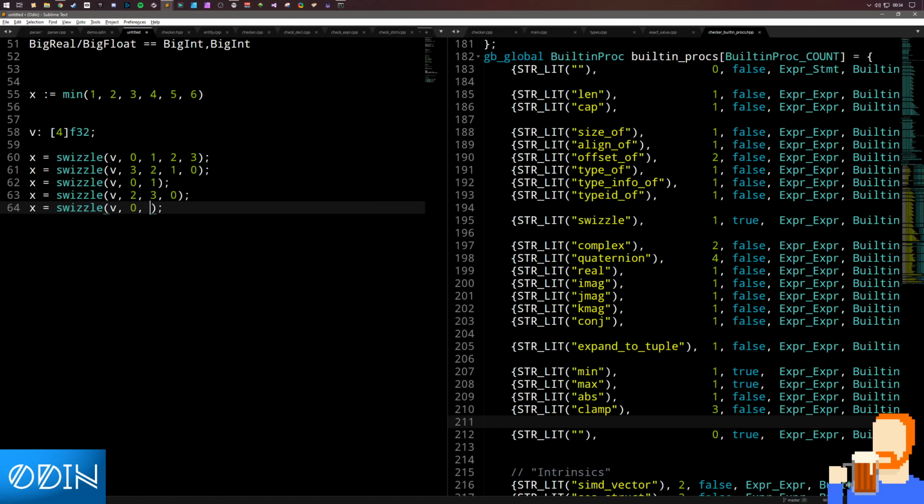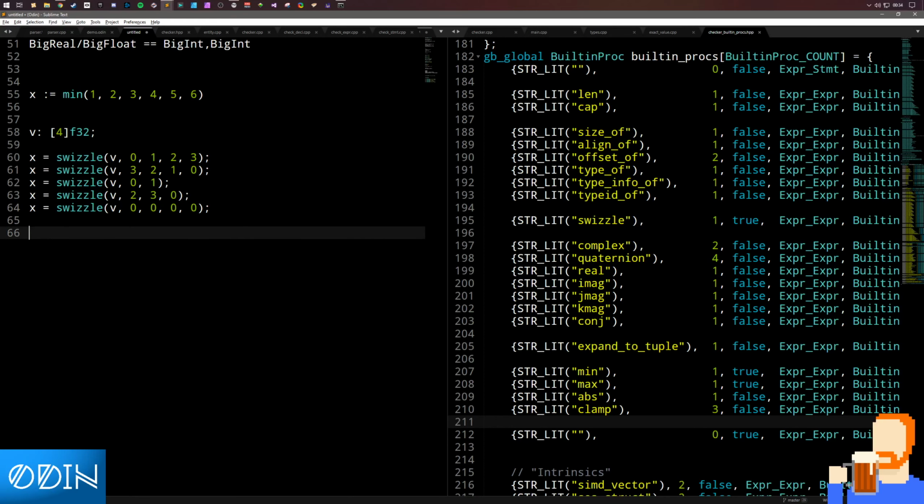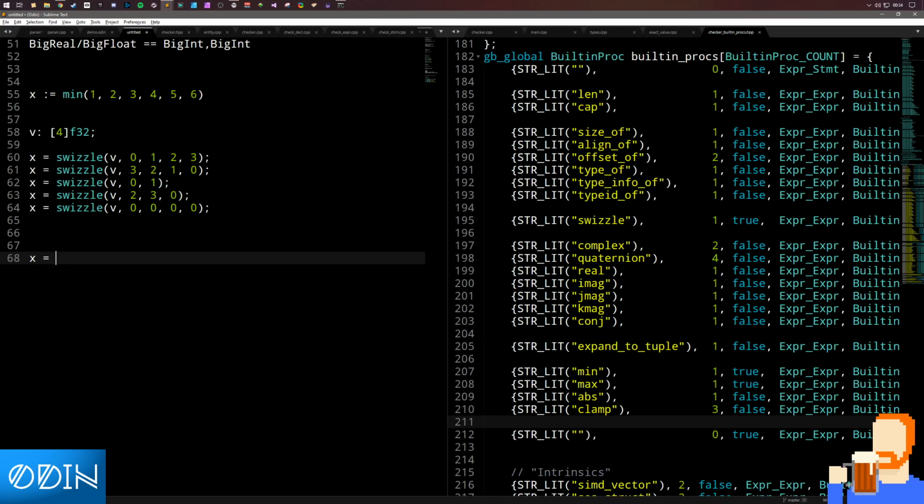We could just do all of the same first parameter, and that would work. So this is how the built-in swizzle operation works for arrays. And its syntax isn't as pretty as, let's say, GLSL. So the GLSL equivalents of all of these would be, this is not